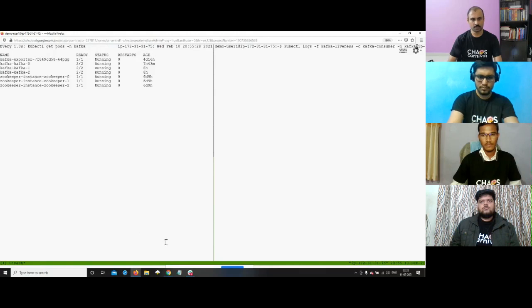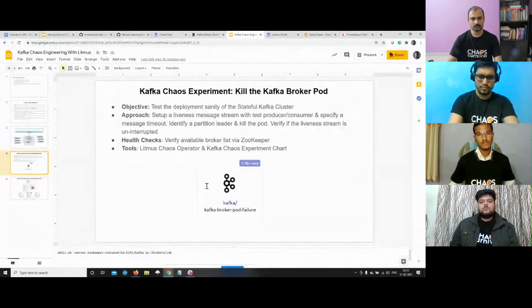Now, the intention for us is to test the deployment sanity of the Kafka cluster here. And to do that, we will set up a liveness message stream. We will create a producer-consumer container pair, and we will set up a message timeout in the experiment and run the liveness message stream, and then run the experiment to identify the partition leader and kill it. When we kill that particular pod, we want to see if the liveness stream runs uninterrupted